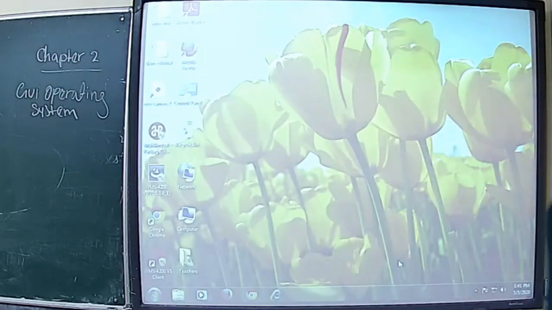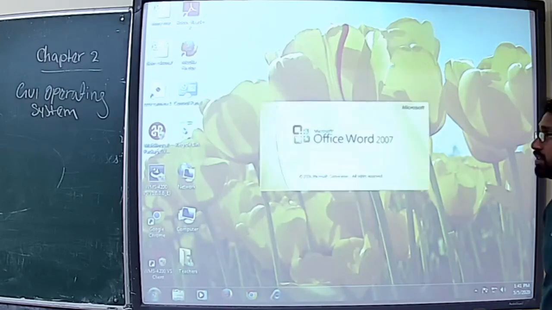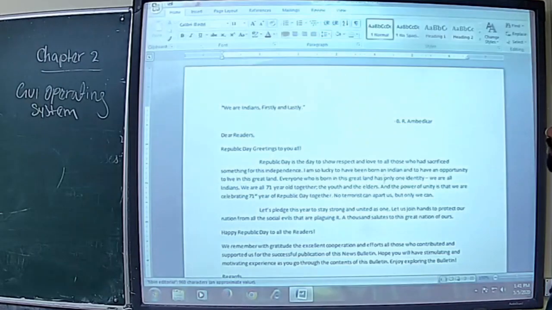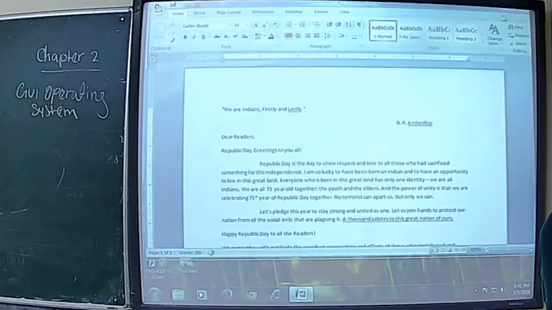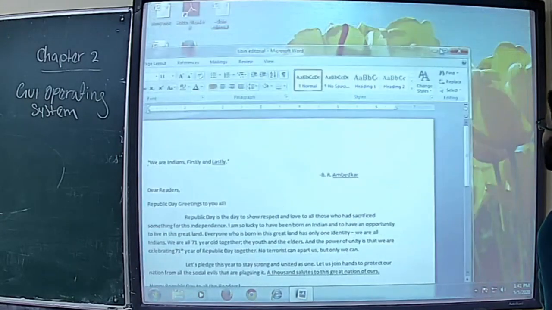For example, I'm opening one document. Here I opened a typing editorial, which was created in Microsoft Office. In the meantime, I need to change some text. Here you can see the buttons. This one is minimize.